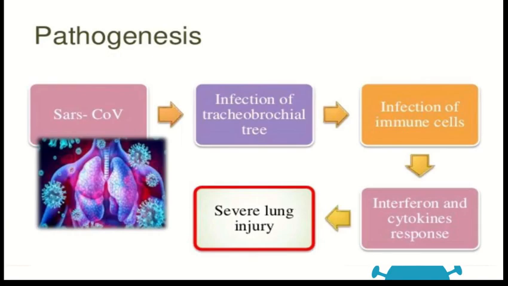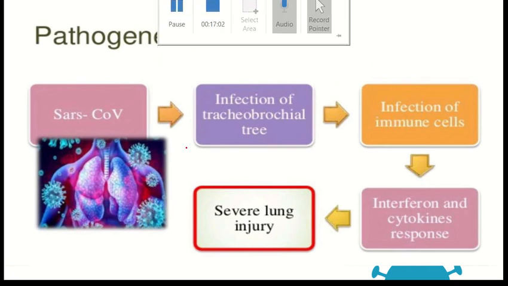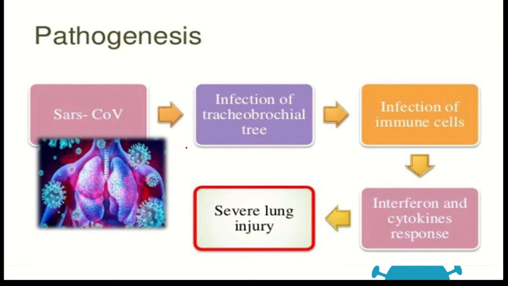Now, pathogenesis of COVID-19. So, pathogenesis. It's all about how the pathogen spreads. So SARS-CoV, first of all, there is infection of the tracheobronchial tree. Next is infection of immune cells, then interferon and cytokines response, and then there is a severe lung injury. This is all about the pathogenesis of